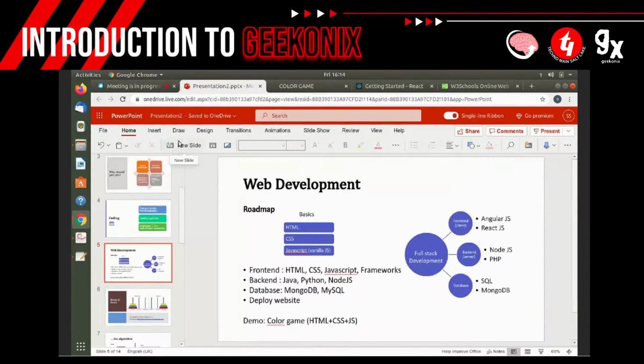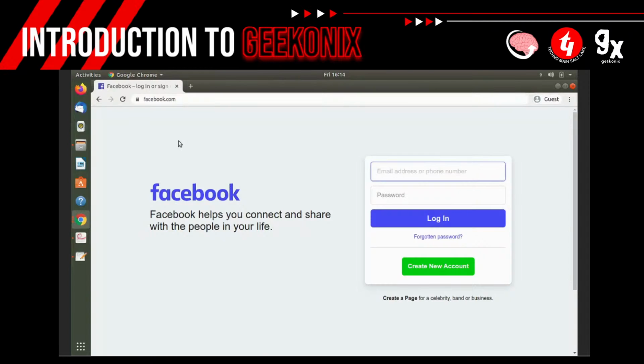Okay, Simran, I would like to interrupt a bit. What Simran was saying is, suppose you are trying to log into Facebook. What you do is you put your email ID over here and you put your password, right? And then you press login. But how does this page on your local computer get to know that you are a registered user of Facebook? The server needs to be connected. So I have my computer over here, and somewhere far away in some country there is this server of Facebook. I get to see only my computer, but that server